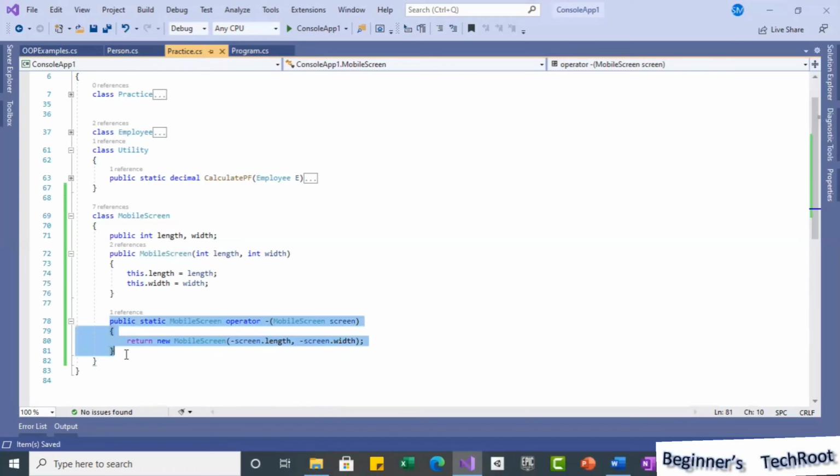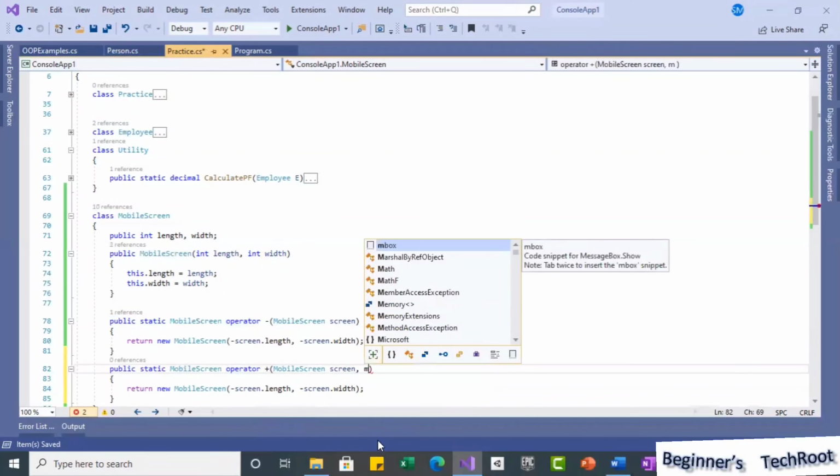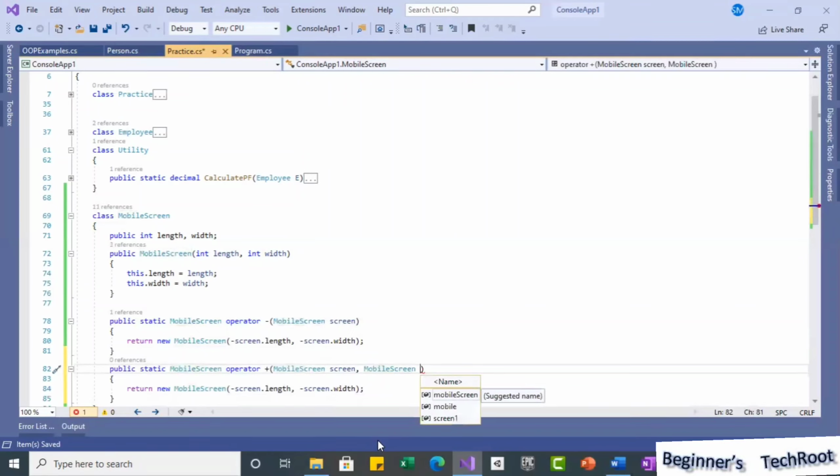Similarly, we can do multiple overloading as well. I can just define it here. In the same way, I will put operator plus as an example. I will use plus as a binary operator instead of unary. In that case, binary means I need to give two parameters. Both can be the same type, or at least one should be the same. But in my example, I am using both the same.